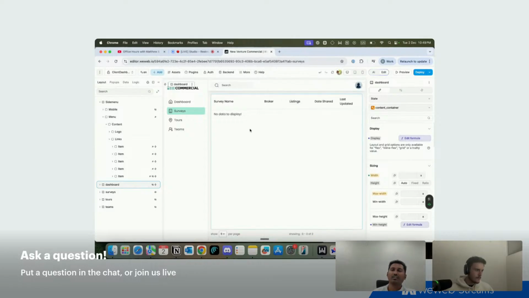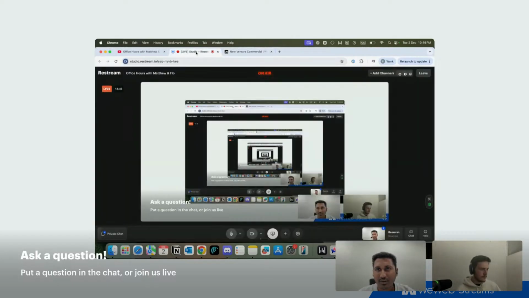Okay, understood. So in this way, I don't have to change it. Okay, it's automatically changed it. I can see that tab equal to surveys. Exactly, yeah. And then whenever you publish this, it would be the same thing. So it's just a nice way to work with query parameters inside of WeWeb. Okay, perfect. I think that's where, see, typically we